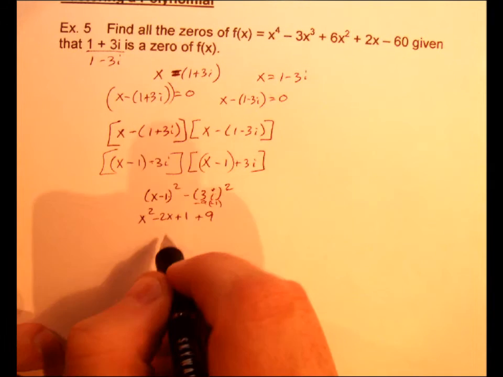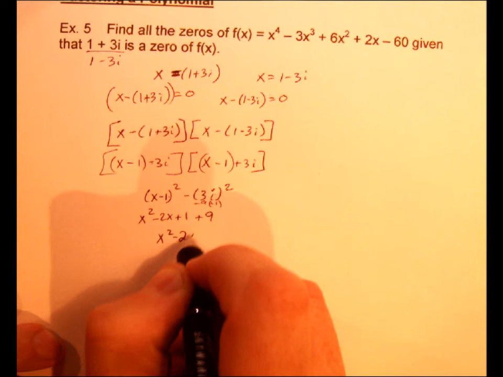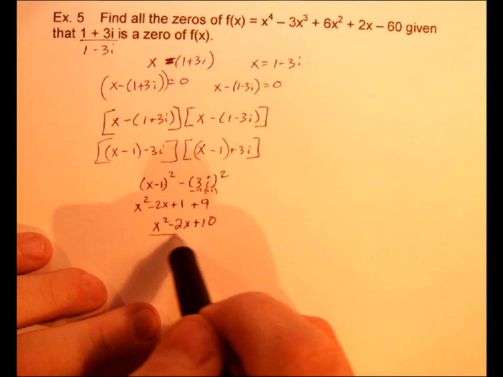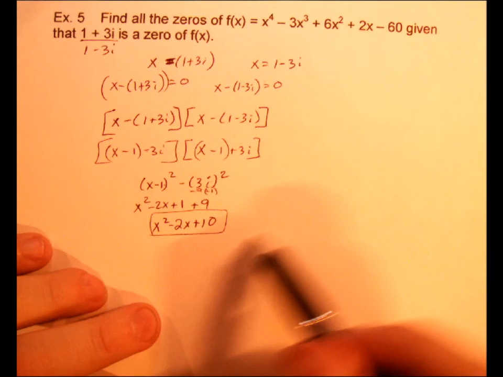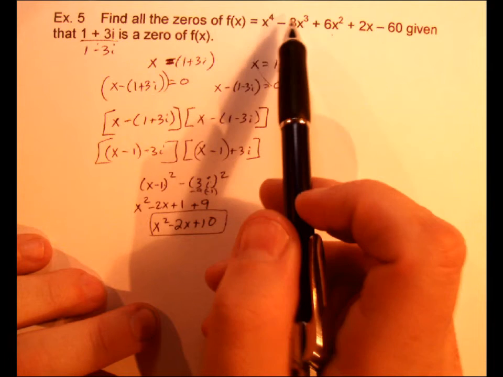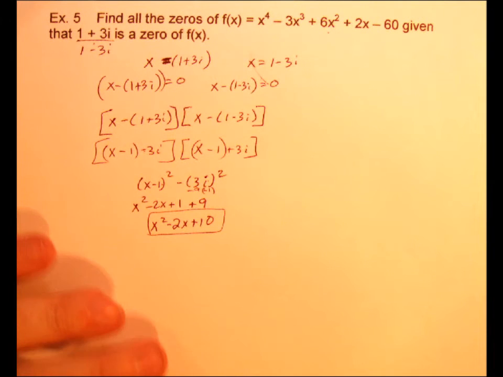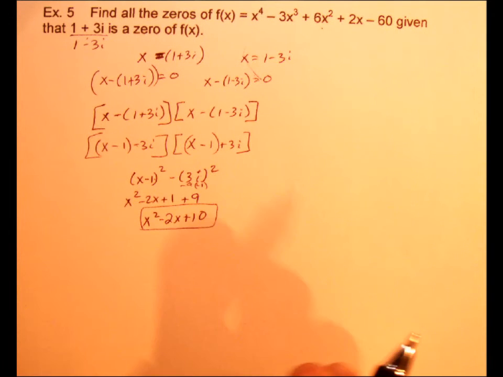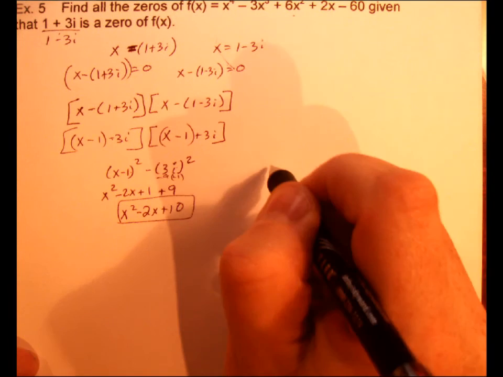So if I combine my like terms, I did all this, really haven't solved a whole lot of the problem yet, but this gets us really started with the problem. So now I can take this right here, and I know that's what can be divided into this big mess. Because I can't really divide it by a plus 3i and a minus 3i because it's imaginary. Okay, but I know that this can be divided into that. So what we want to do now is simply take that,